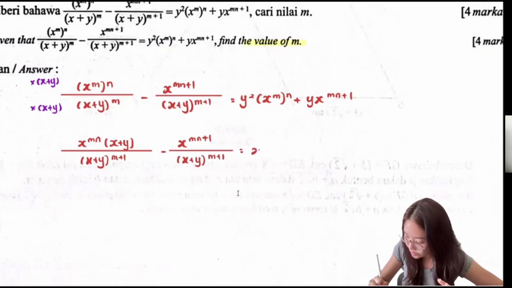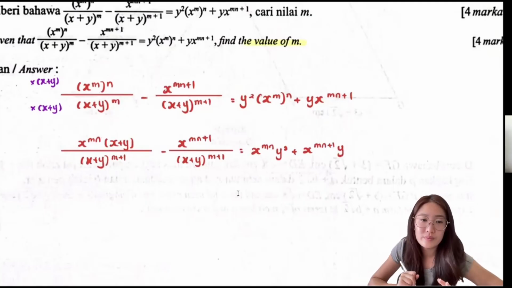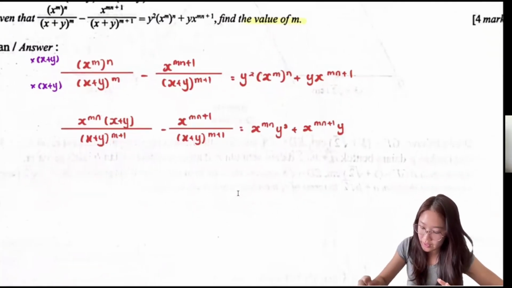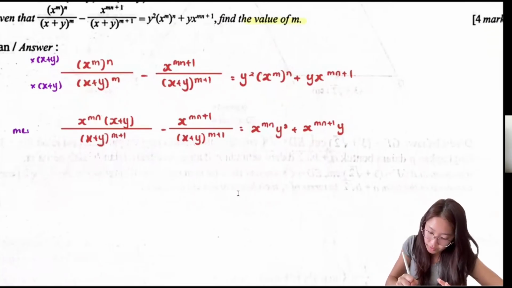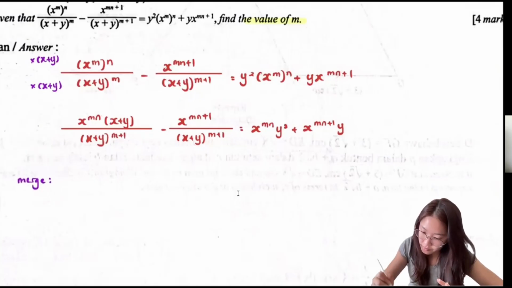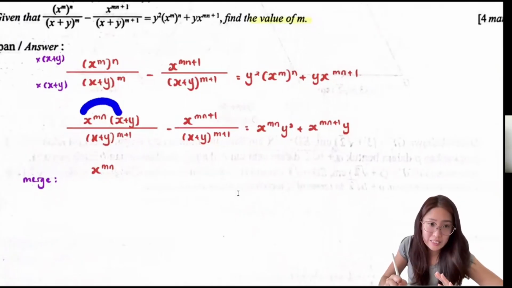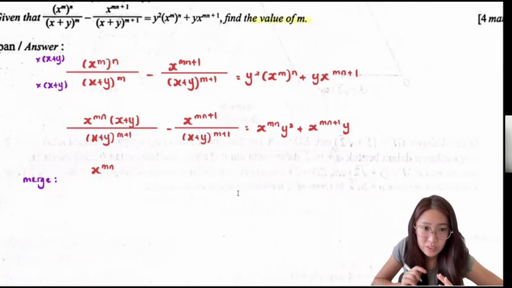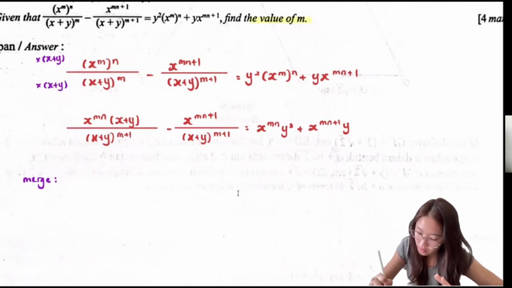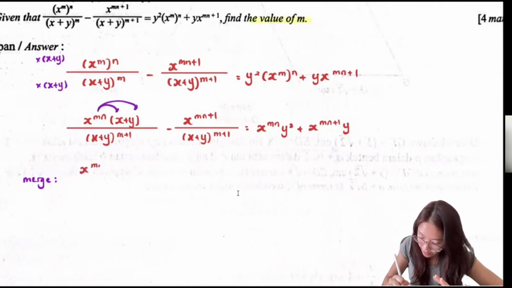Okay, here we rearrange a little bit, x power mn y squared. And here x power mn plus 1 y. Okay, then the next step, you are going to merge. Merge the two fractions together. Okay, I write this at the bottom. Okay, because you have the same denominator already, so you can actually merge them together. And if you can multiply at the same time, you save one step. Okay, slowly we try to multiply this. Okay, this one multiply, this one multiply. Careful, huh? Okay, so x power mn plus 1